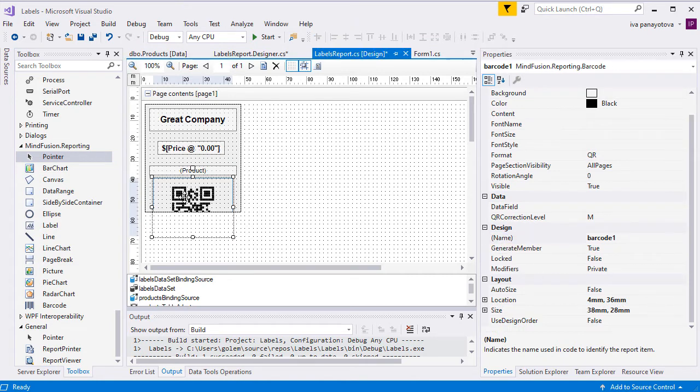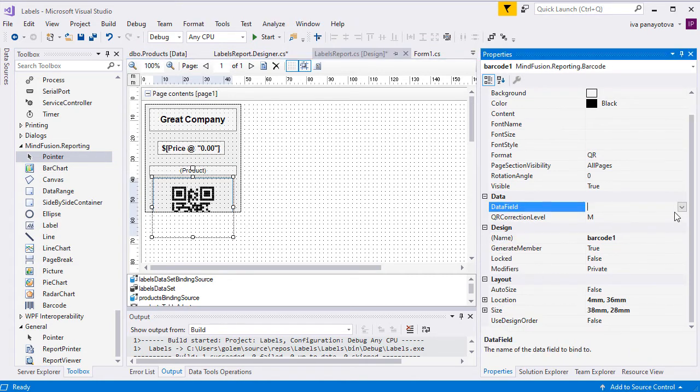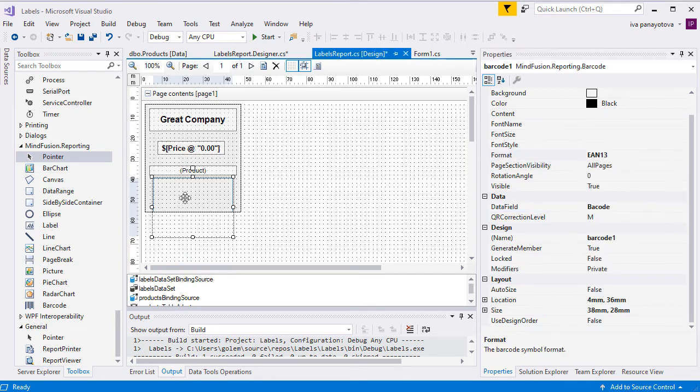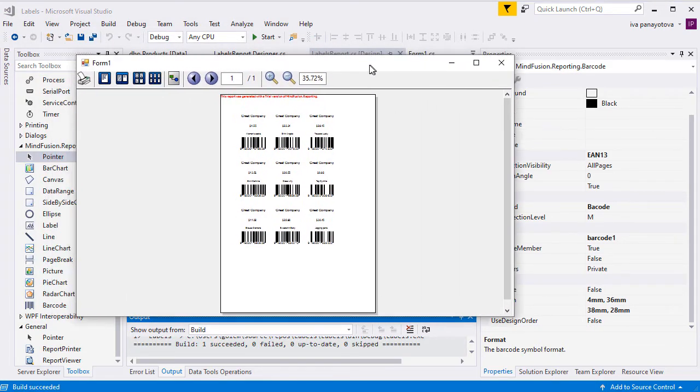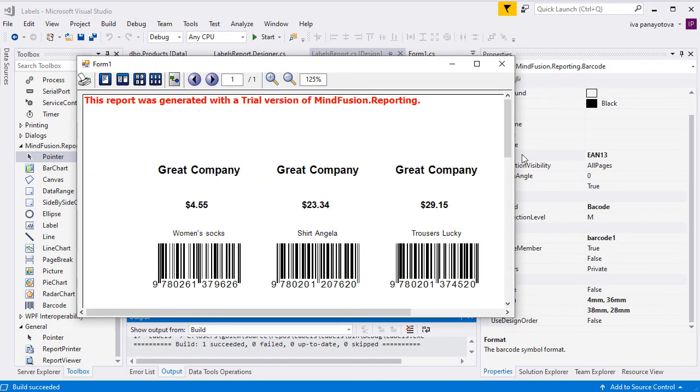Then we choose barcode as the data field and set the format to be EAN13. If we run the application, we will see the labels with barcodes.